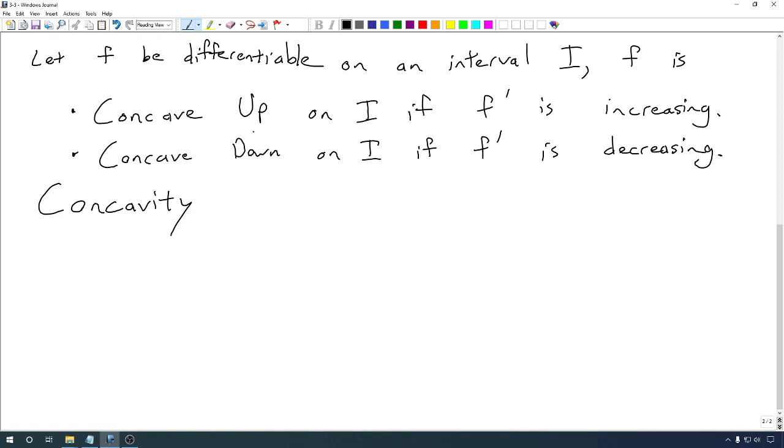Now, since we actually define concavity in terms of increasing or decreasing, we can use the techniques that we had in 3.1, the techniques of calculus, to talk about where these are actually increasing or decreasing, and therefore where the original function f is concave up or concave down. So if we want to see where f is concave up, we're asking where f prime is increasing, and f prime is increasing if the derivative of f prime is positive. Or in other words, because the derivative of a derivative is the second derivative, we say